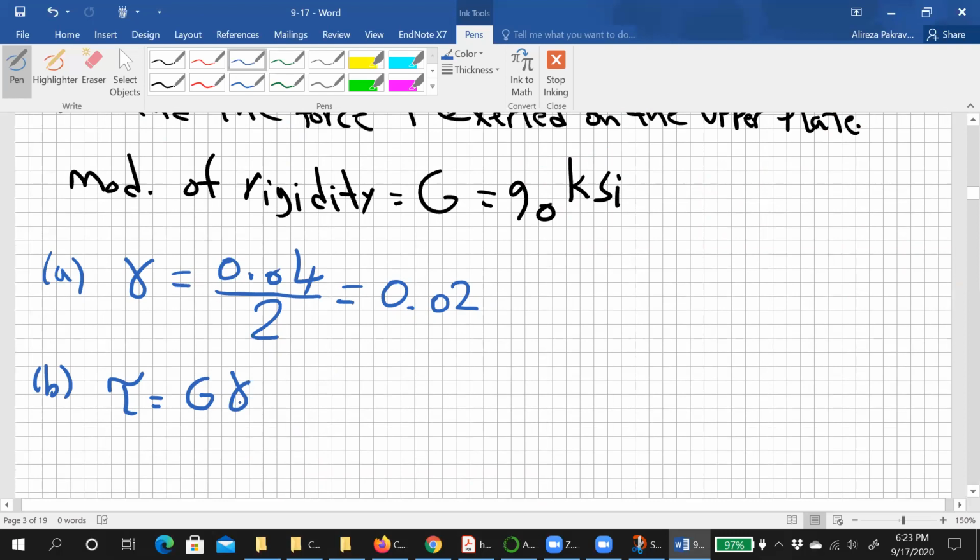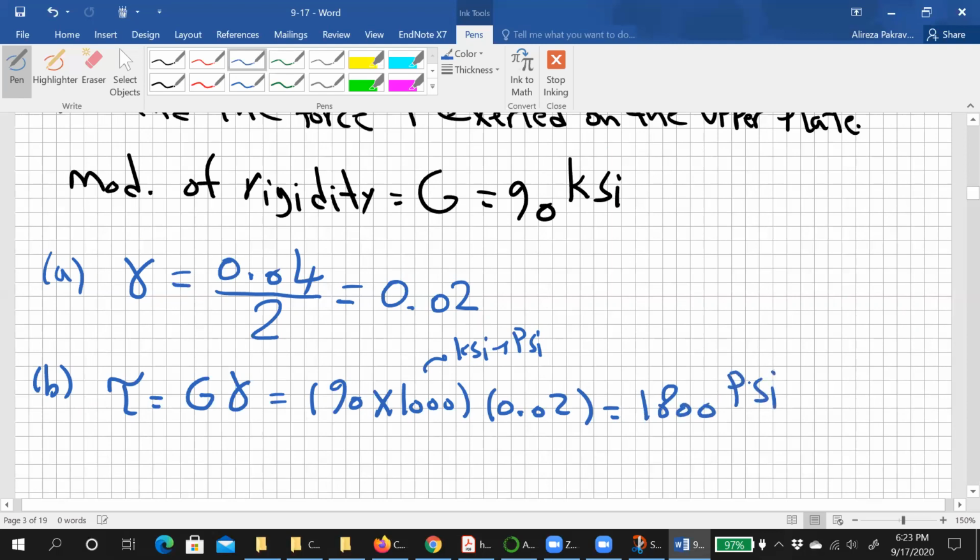Okay, let's find tau. G is 90 KSI, let's multiply by 1000 to convert KSI to PSI, right? And times gamma, 0.02, would be